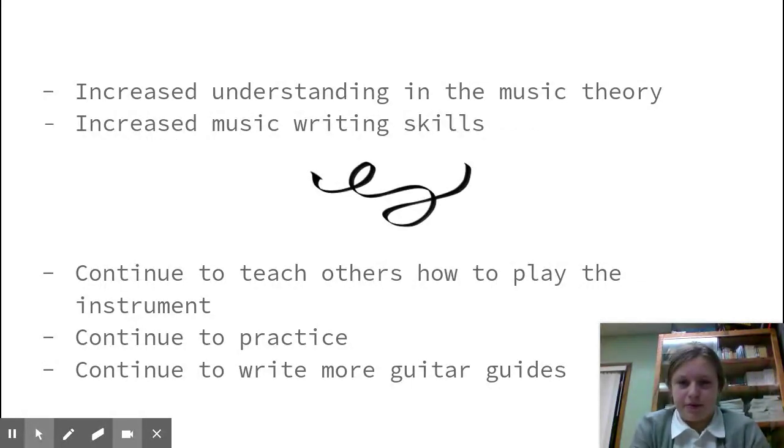And what I got out of this was an increased understanding in music theory and increased music writing skills. There are a couple of ways that I could have gone about the book. Some people start off with chords right off the bat. Others go through the music staff, and